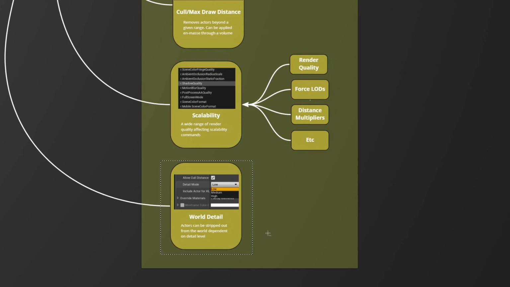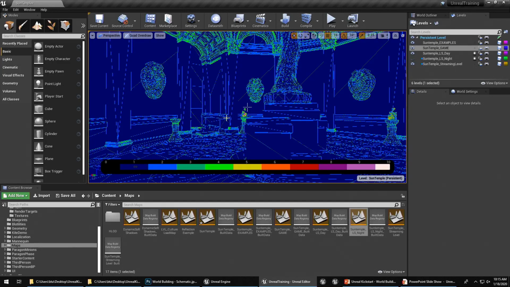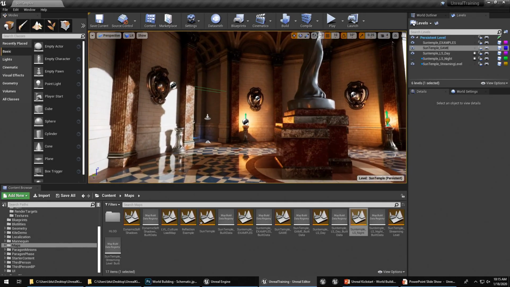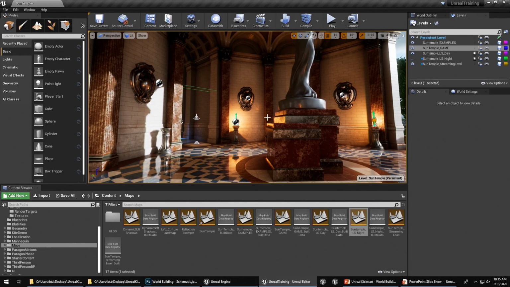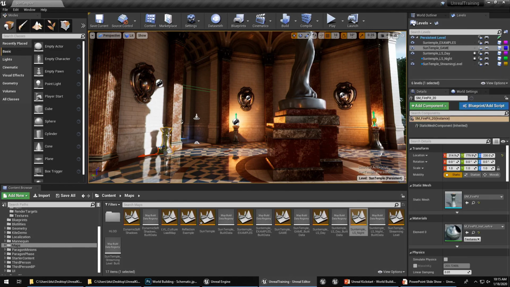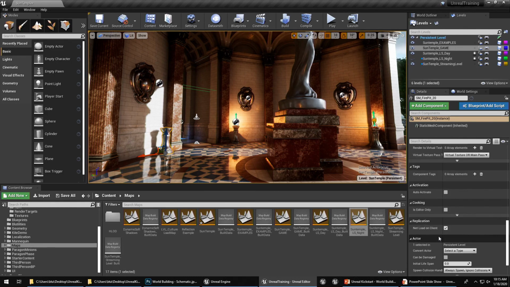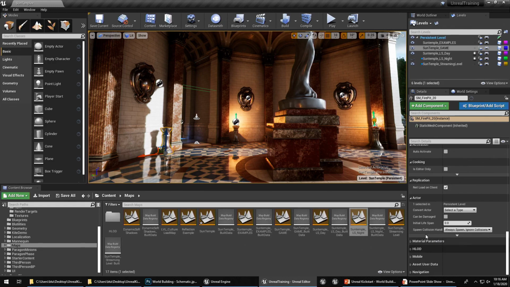So that is scalability. And then there's world detail, which again I feel is very forgotten. I think that came in Unreal Engine 1 even, or Unreal Engine 2. It's still there, but it feels a little bit like everyone has moved on, which is a bit of a shame. I really like this feature. So what this one does is that in the properties of anything that's visual, so particles, meshes, anything that's rendered as a thing, there's a property in here that is called, actually find it back,